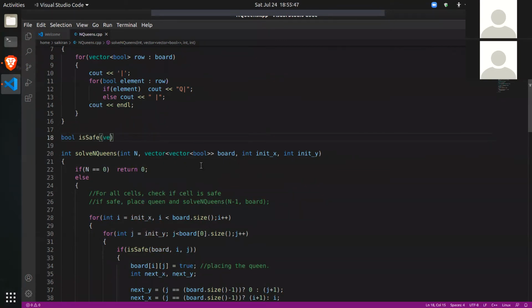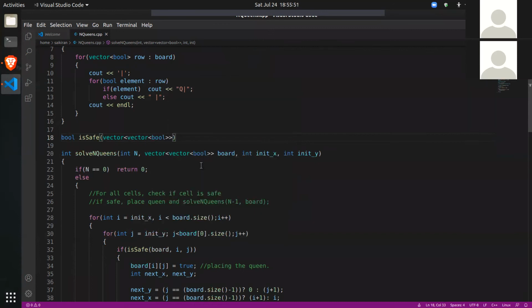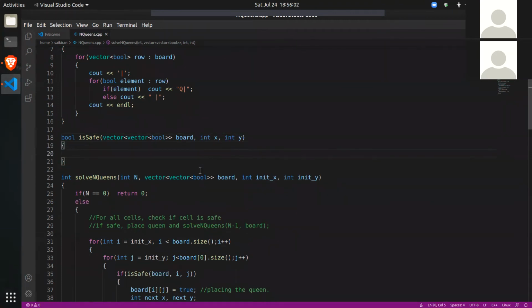It takes the board and it also takes the position x, y. Its job is to tell if board of xy is safe or not.